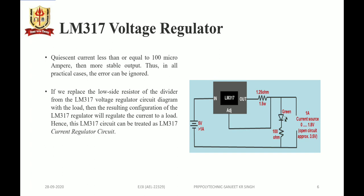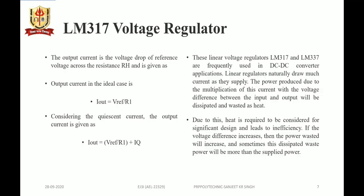So if we replace the low side resistor of the divider from the LM317 voltage regulator circuit diagram with the load, then the resulting configuration of the LM317 regulator will regulate the current to the load, and hence it will be acting as a current regulator circuit. The output current is the voltage drop of the reference voltage across the resistance R1